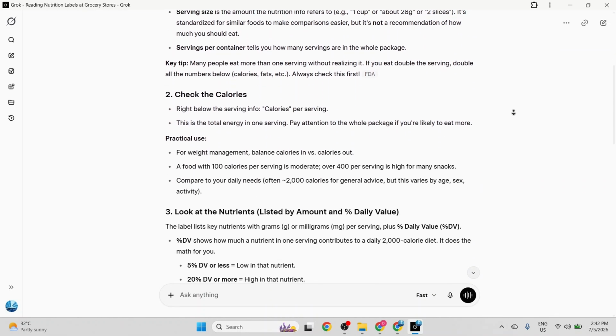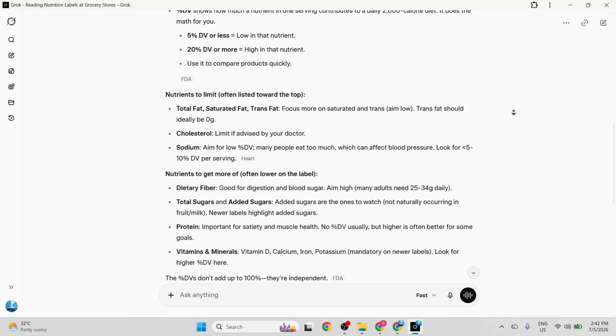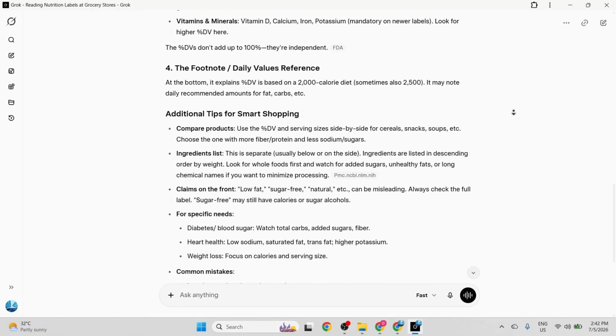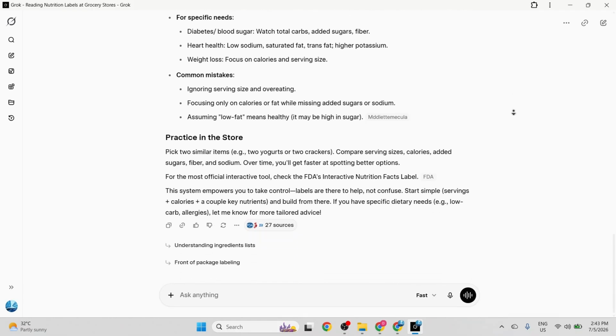answer. After a short moment, it starts generating a structured response piece by piece, breaking down key details like serving sizes, calculating calories, analyzing nutrient percentages, and recognizing what components to limit or add to a balanced diet. The text continues to stream down beautifully as the application delivers the full explanation directly inside the newly installed desktop